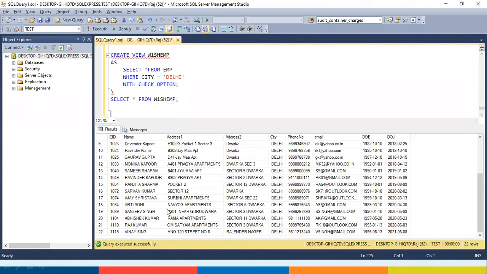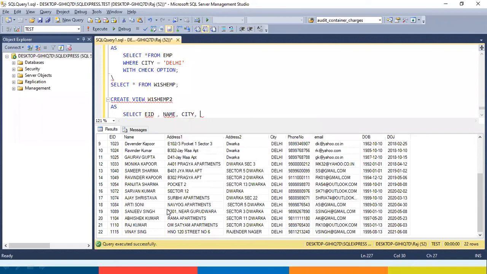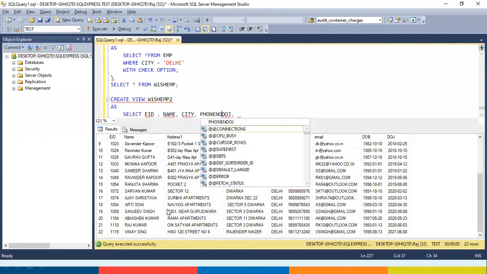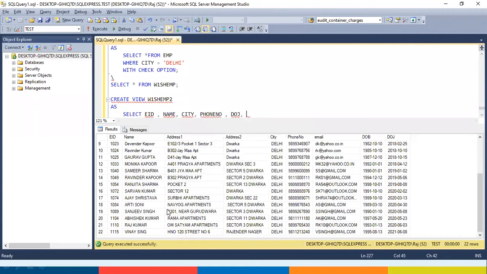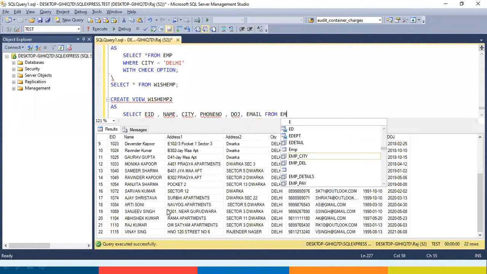So I will say create view, the name of the view, let's say W1SHEMP2, as select PID, name, city, date of joining, phone number and email from the employee table.